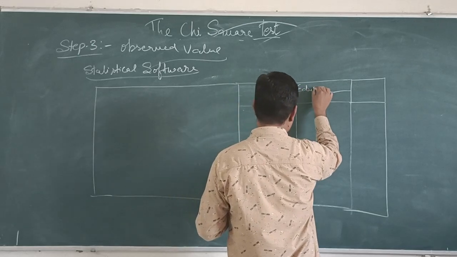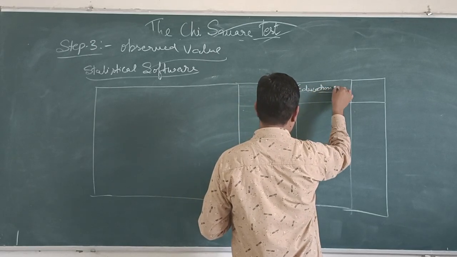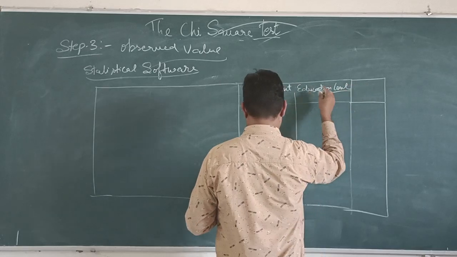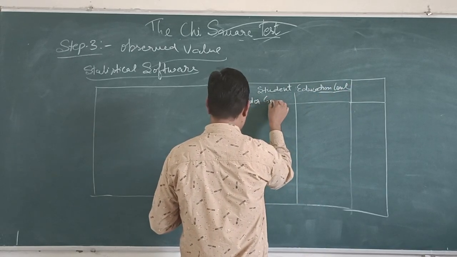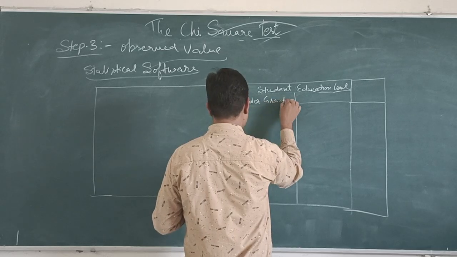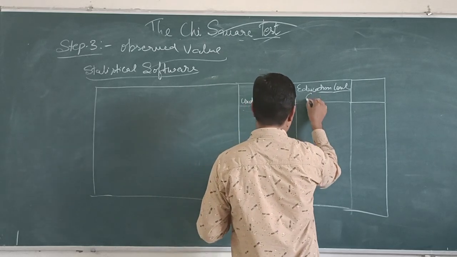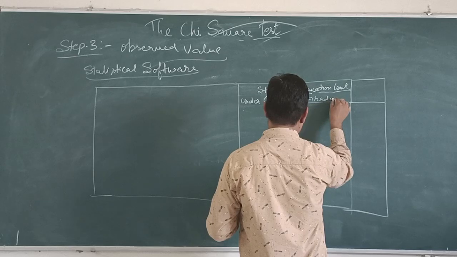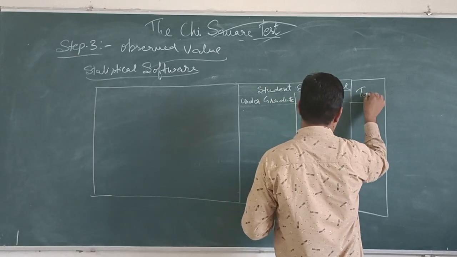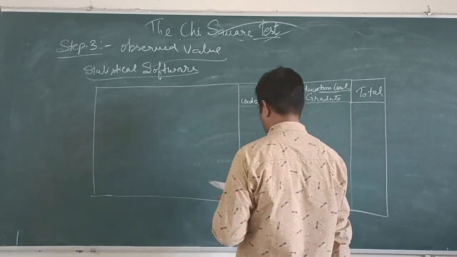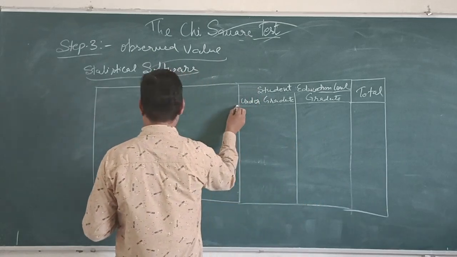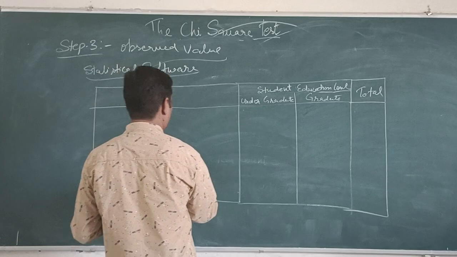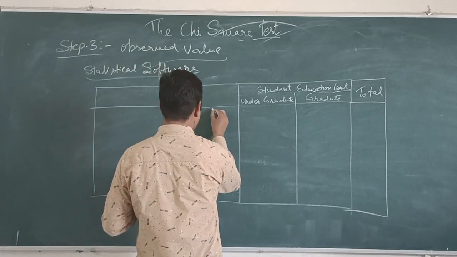Student educational level, that is undergraduate and that is graduate. That part is called total. Okay. For here we can use here